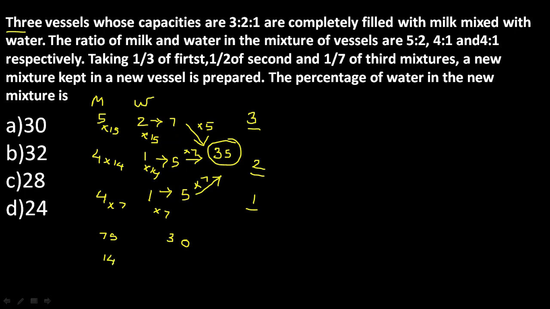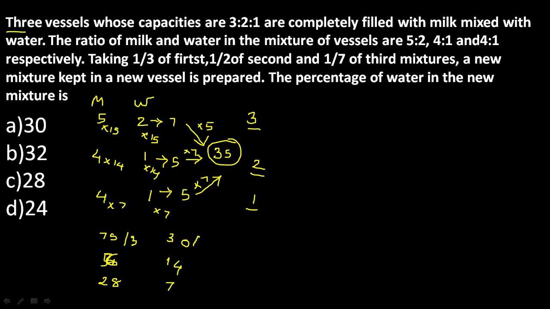Then 14 into 4 is 56, and here 14. Now 7 4s are 28, then 7. Okay, done. Now what they have given, they have given that from the first vessel we have taken the 1/3